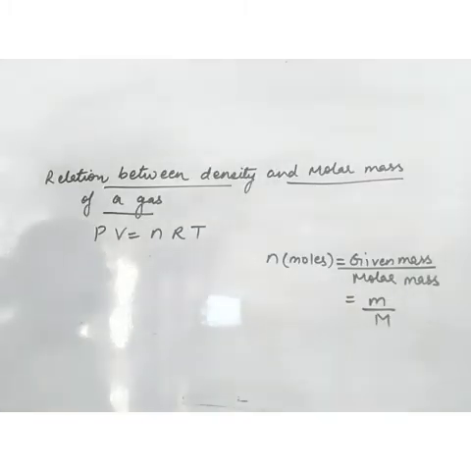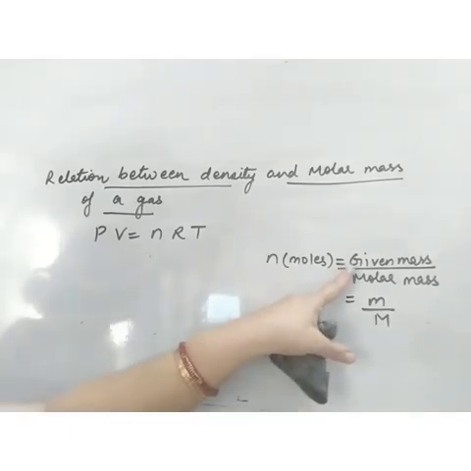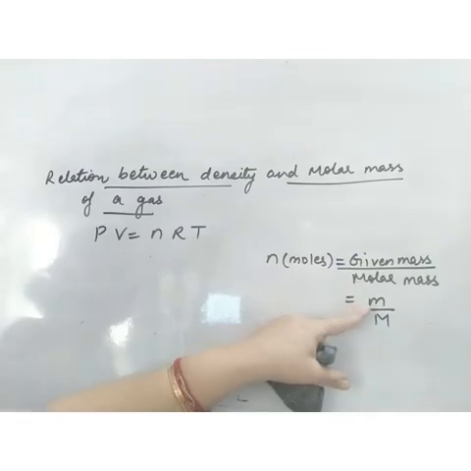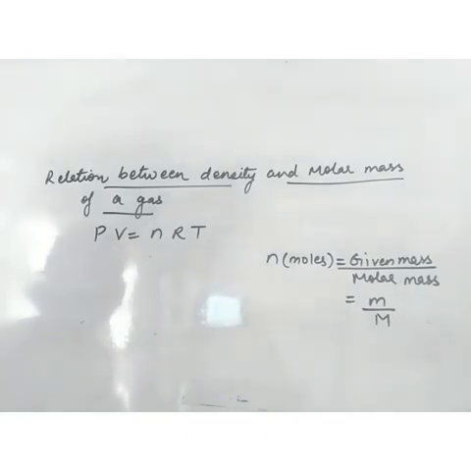Now we'll derive one more relation, that is the relation between density and molar mass of a gas. Now what is our combined gas law? PV is equal to nRT. Okay, what is n here? n is the number of moles, and we know how to find out moles. It is given mass upon molar mass. Now given mass is symbolized as small m and molar mass is symbolized as capital M. Okay, now substitute the values